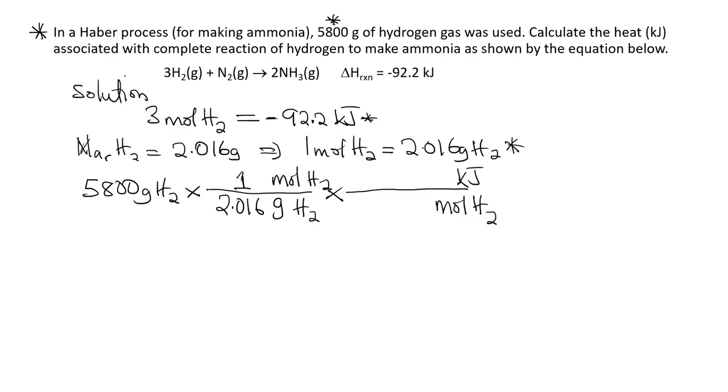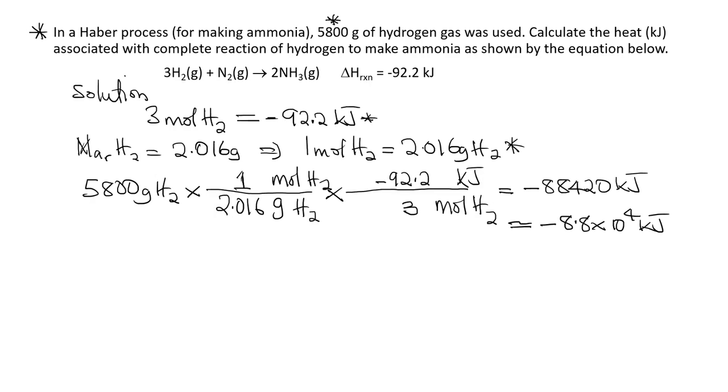So to get the moles here from this conversion factor, we have 3 down here, negative 92.2 up there. From there, we get our answer as negative 88420 kilojoules, which to two significant figures is negative 0.88 times 10 to the power 4